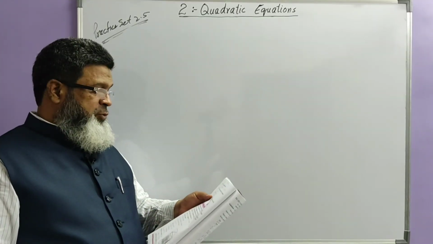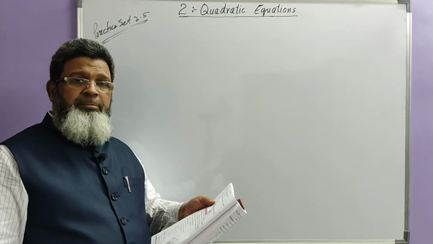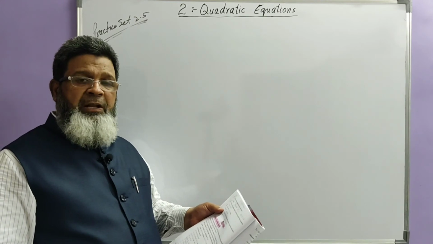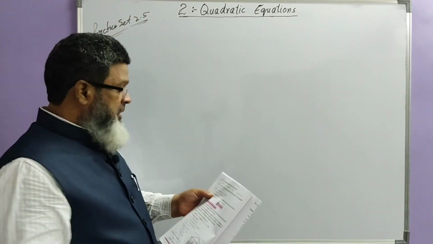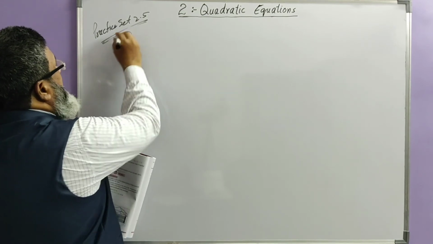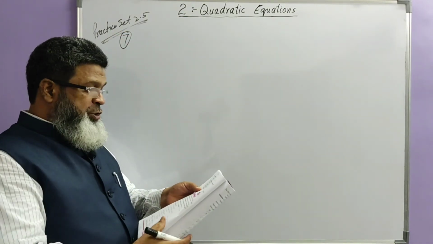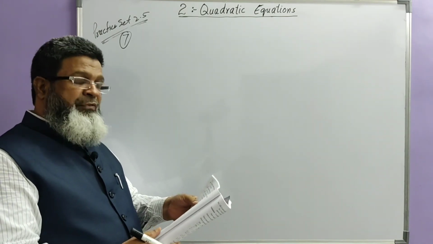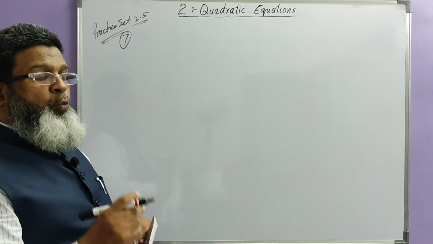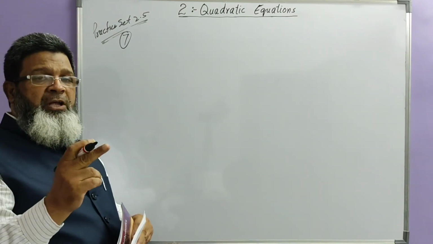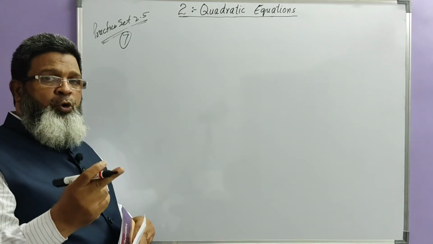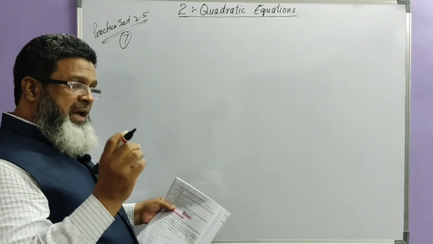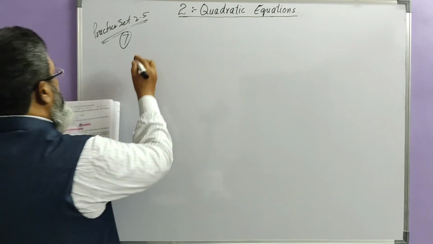I am omitting the question number 5 and 6 because it is deleted for the year 2020-21. So let's come to the question number 7. What is question number 7? The roots of each of the following quadratic equations are real and equal. Find k. I explained earlier, when delta is equal to 0, it means the roots of the equations are real and equal. So it is hidden here in this question.